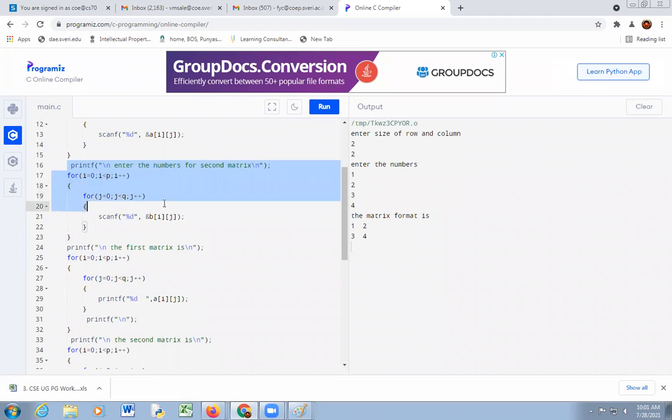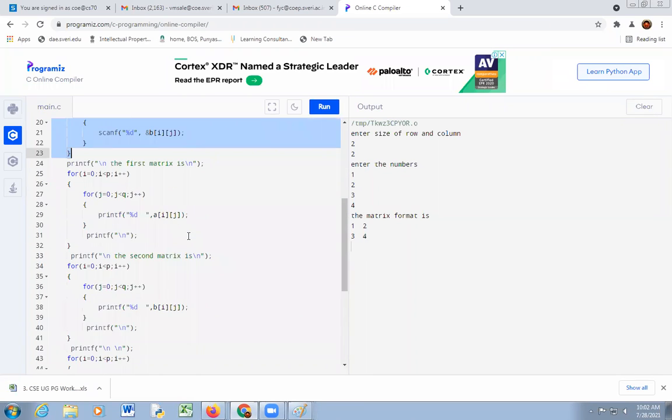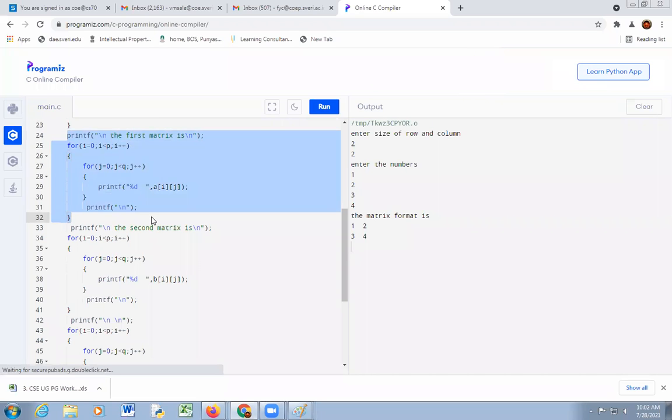For j equal to 0, j less than q, j plus plus. scanf percentage d and b ij. Okay, up to line 23 we have entered elements for matrix A and matrix B. From line 24, here we are going to display entered numbers in matrix format. So first, line number 24 to 32, this is code for the representation of the first matrix.